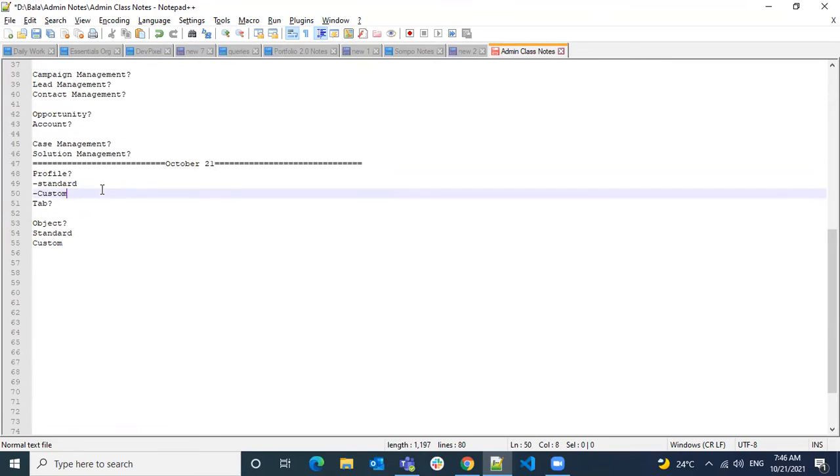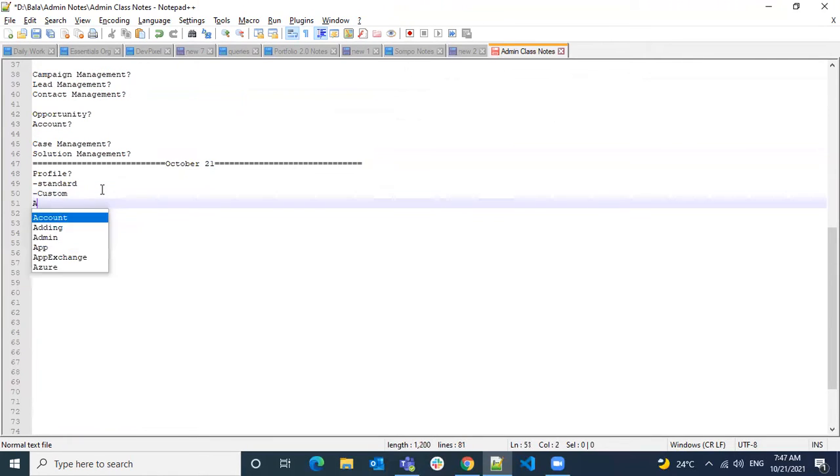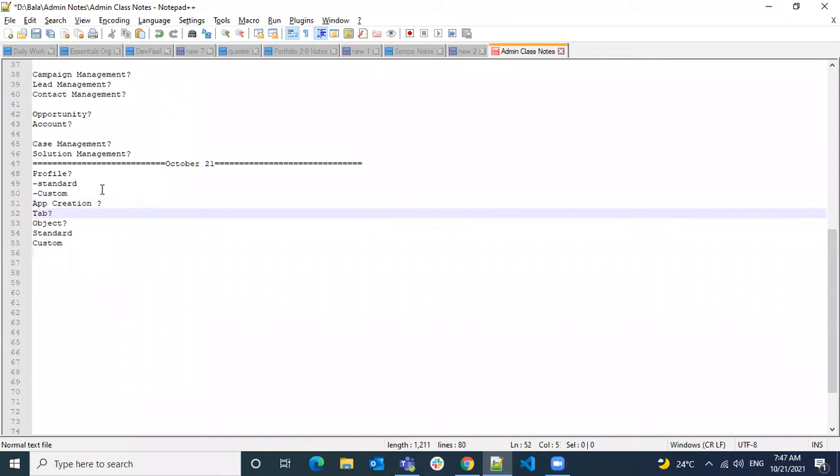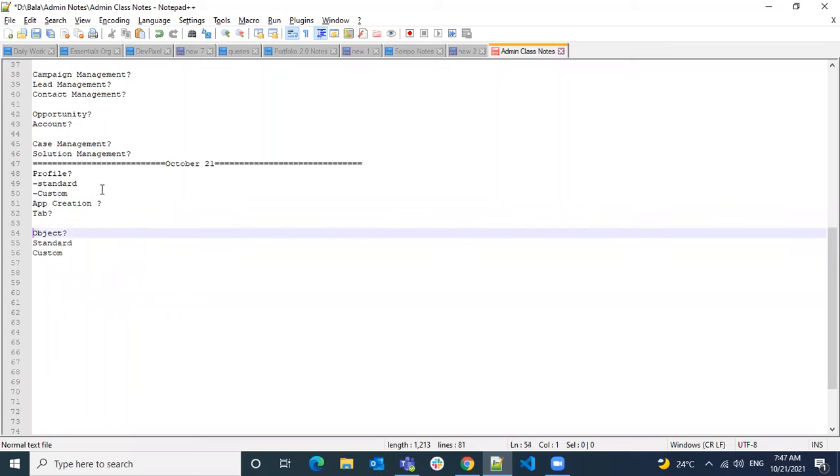Okay, today we're going to cover what is a profile and what are the different types of profile, and before that, app creation and tabs and objects.